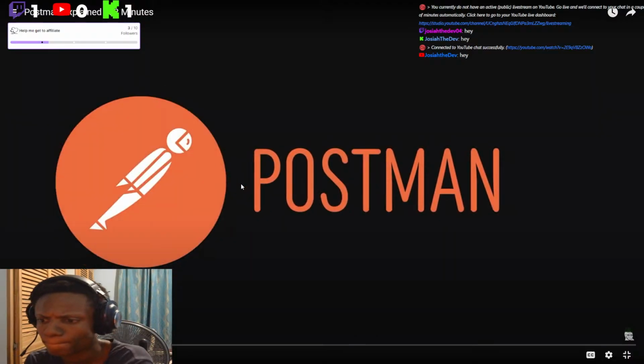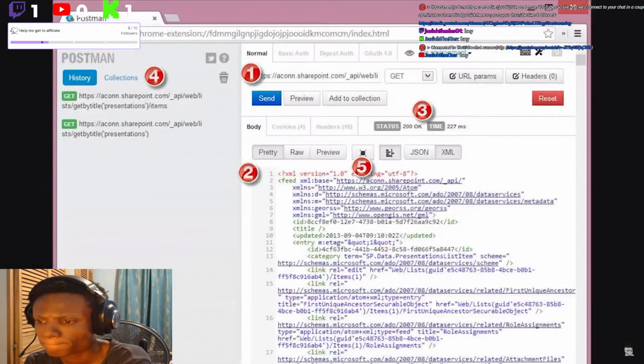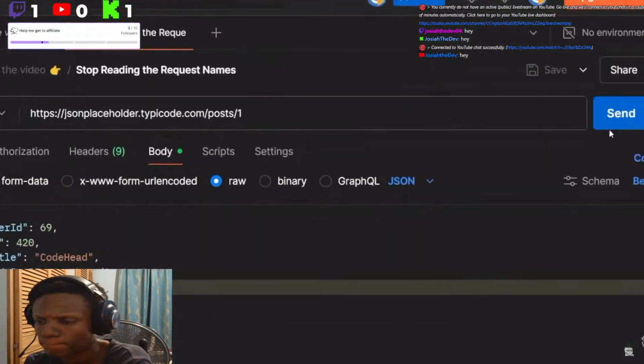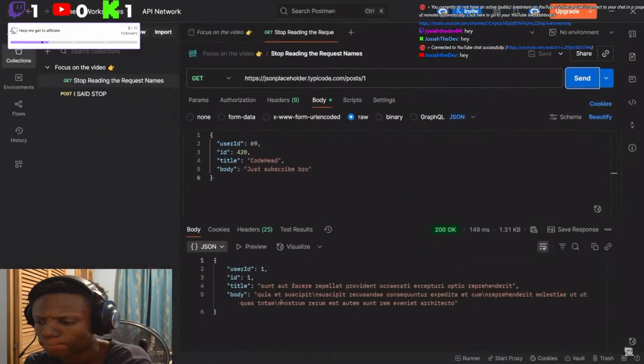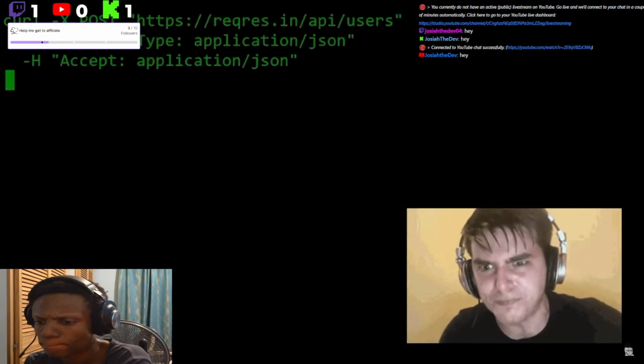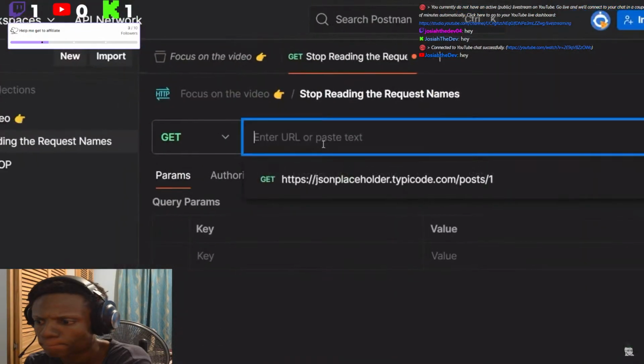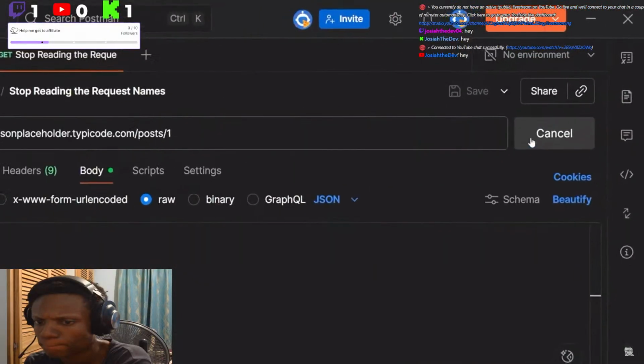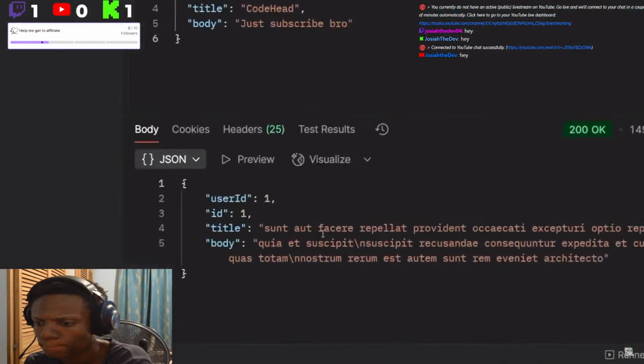Postman, a platform for building and testing APIs, started in 2012 as a simple Chrome extension. Today, it's the go-to tool for developers who deal with APIs. At its core, Postman makes sending HTTP requests painless. Instead of typing messy curl commands, you just select your method, add headers or a JSON body, hit send, and instantly see the response. Debugging your backend doesn't get much easier than that.